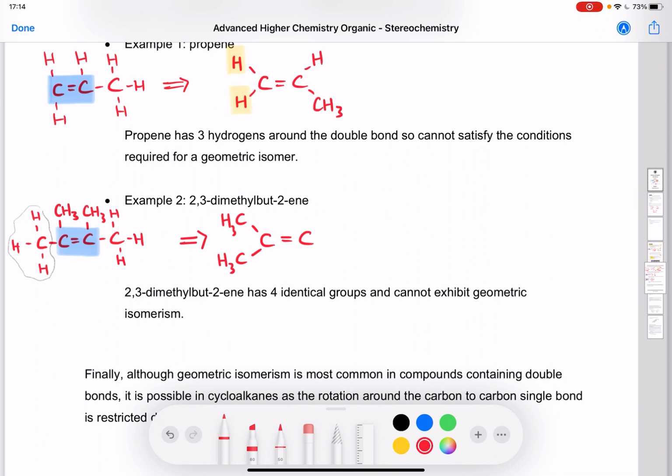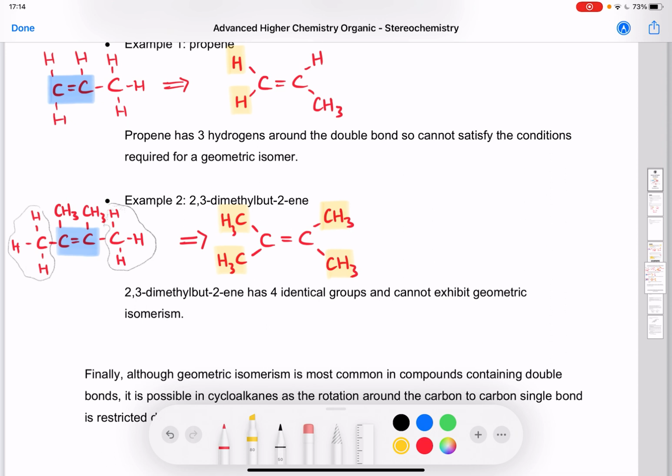Then looking at the carbon on the right-hand side of the double bond, we can see we've got a CH3. And then the other part that's attached to the carbon-to-carbon double bond is also a CH3, again drawn out in its more extended way. So what we can see, looking at this molecule, is that all of the groups that are attached to the carbon-to-carbon double bond are the same. So it doesn't matter which CH3 points up, which CH3 points down. We cannot exhibit geometric isomerism with this particular